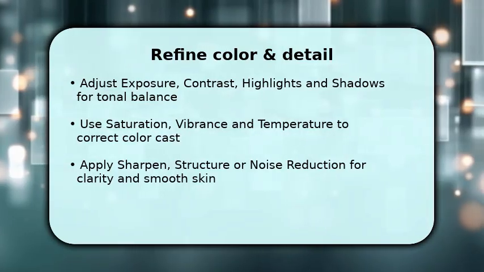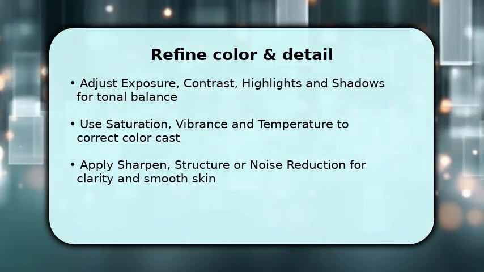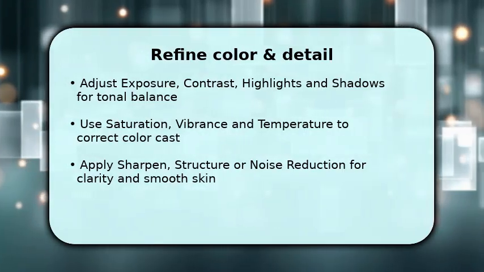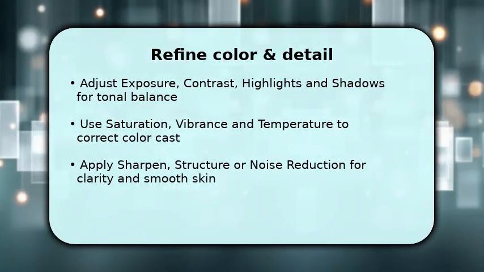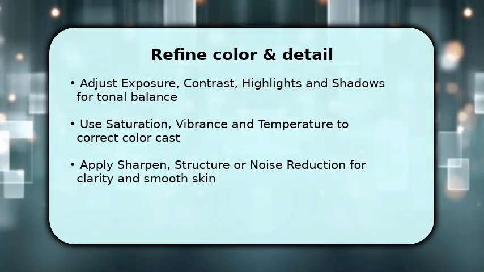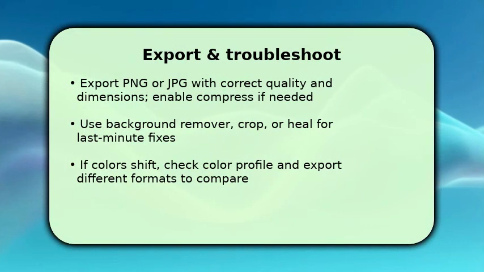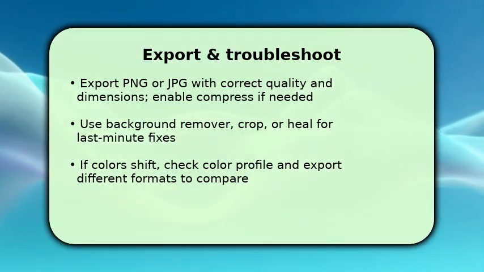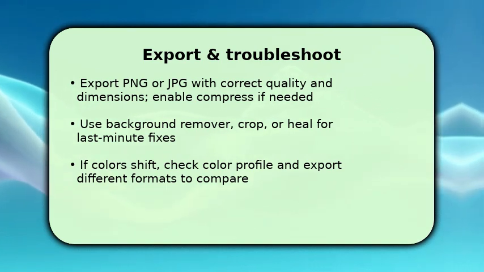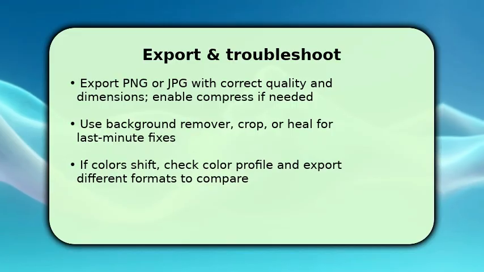After color, sharpen selectively and use structure or noise reduction to enhance texture without introducing artifacts. If you need local finish, move on to exporting with the right settings. Choose PNG for transparency or JPG for smaller files, set quality and exact dimensions, and toggle compression if file size matters. Before export, run a final check with background remover, crop to frame, and use the heal tool for stray